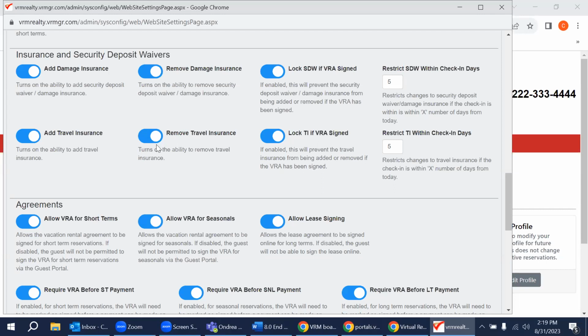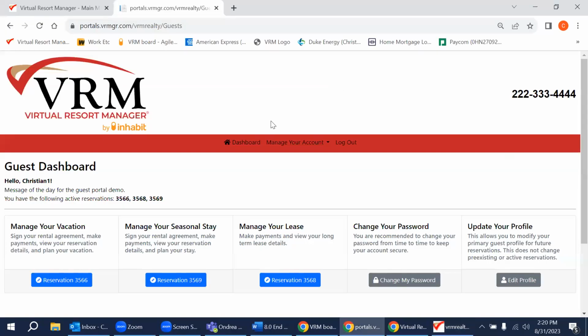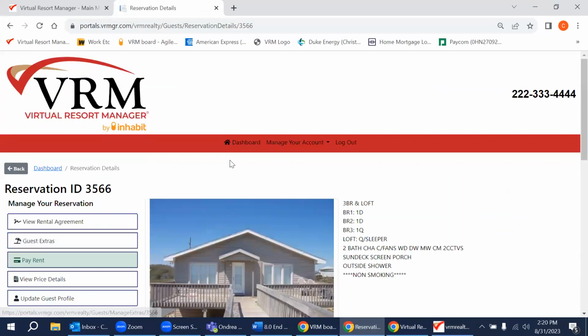But once again, we want to make it flexible so that we give you the option to make that decision and what's best for your clients and your guests as well. Lock the security deposit waiver, it's been signed. Lock travel insurance, the VRA has been signed. You can restrict travel insurance and or the damage deposit waiver to be applied within so many days of the reservation checking in. But let's take a look at that and how that looks when we're looking at a short-term